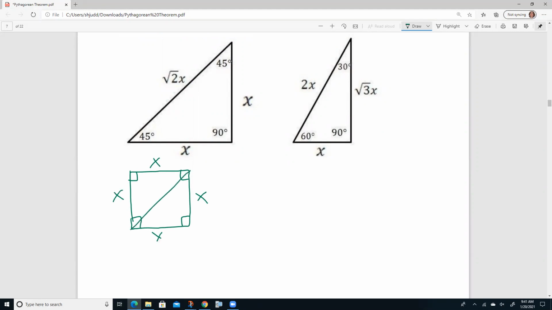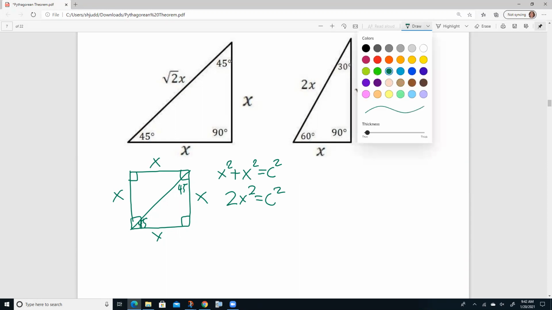Then when we cut that in half, that meant we cut these two 90-degree angles in half, and that's where we got our 45s. And we know two sides, so therefore, we could use the Pythagorean theorem to solve for our hypotenuse. x squared plus x squared equals c squared. x squared plus x squared is 2x squared equals c squared. Then when I take the square root of each side,